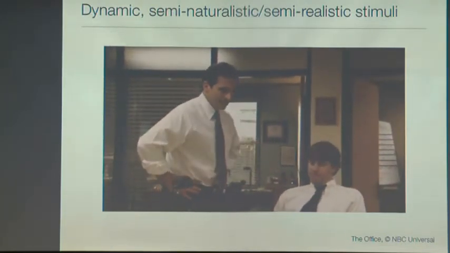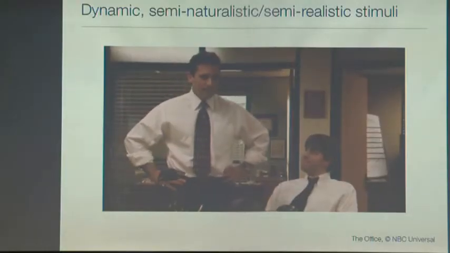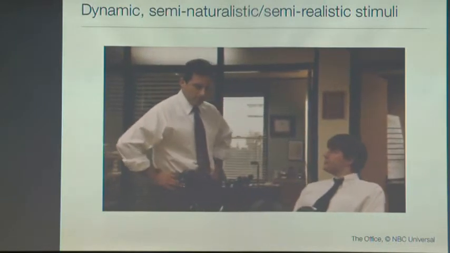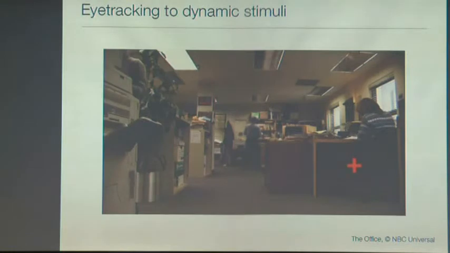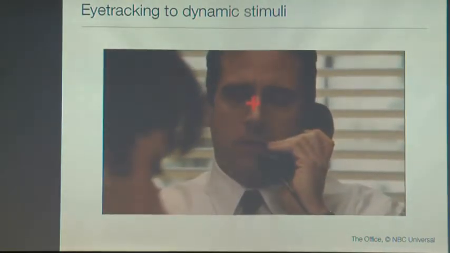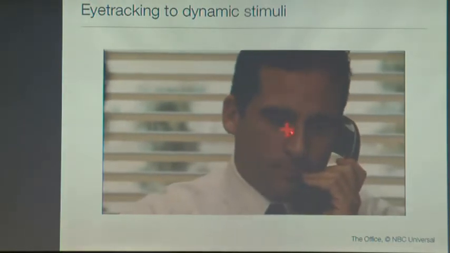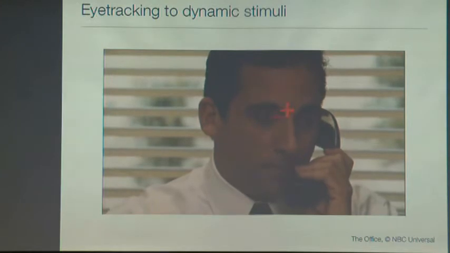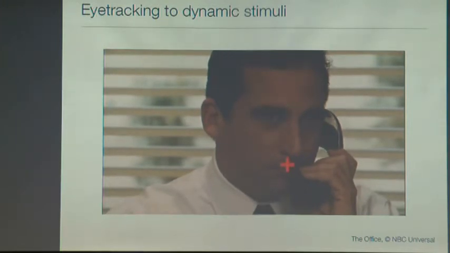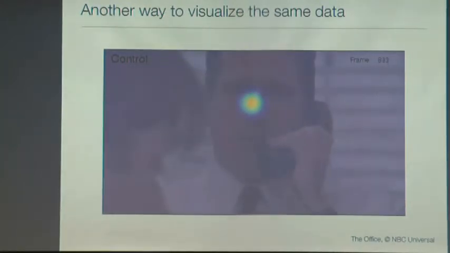And we can now ask, well, how do people with autism process this? And how do they look at this? This is a much richer stimulus and closer to the real world than these artificial faces. So if you wanted to do eye tracking, you can imagine you just have people watch the video and you do eye tracking. And so this little red cross would be where somebody looks while we do eye tracking during the video. You could do that.